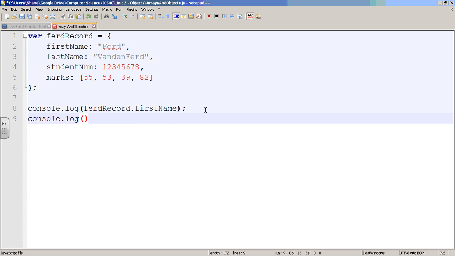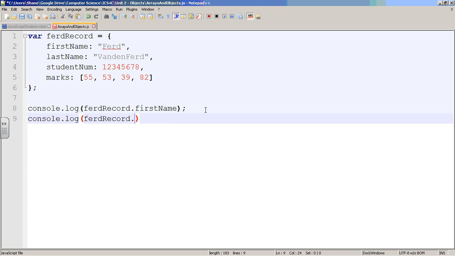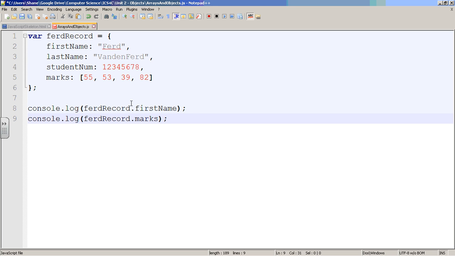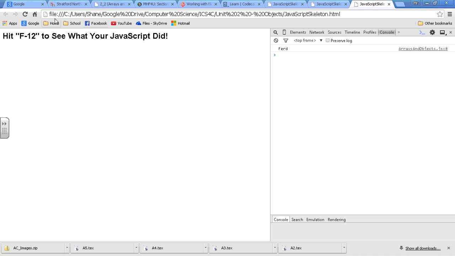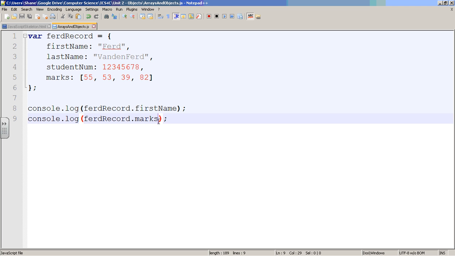So for instance, what would happen? Gotta type it right. If I did that, well, that's going to be this entire array of marks. And I'm going to refresh that just to show you. There's the array of marks. What happens if I wanted just to print out one of the marks? Well, I'd have to use the square bracket notation to access the array, just like we reviewed yesterday. So we could do that, right? If I just wanted to print off one mark,